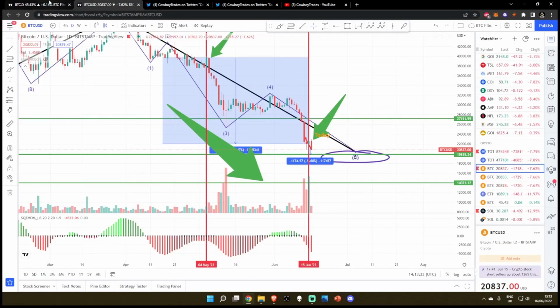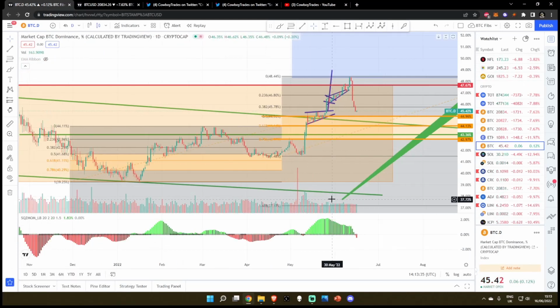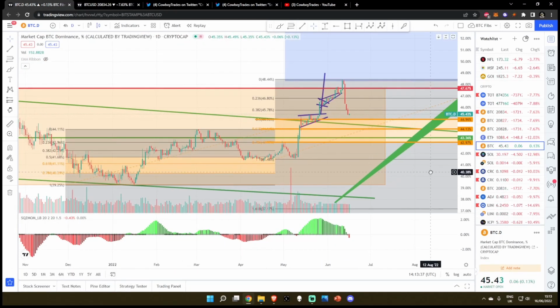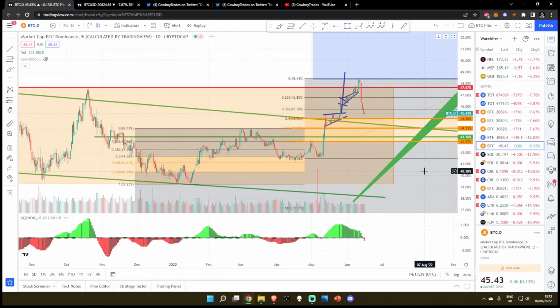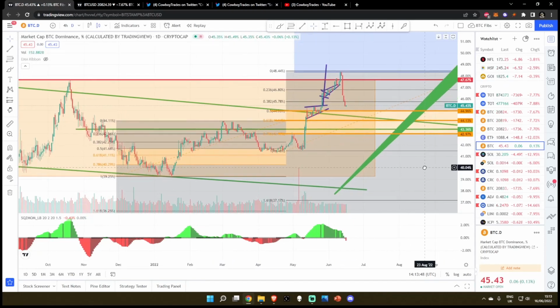Over on BTC, I would also like to show you the Bitcoin dominance is still in extreme strength. Yes, it has had a correction for the past couple of days. It's had many corrections while it's been on this rampage to the upside. You can see this one was even more brutal than what we just saw now. This was just a quick capitulation. Within these previous capitulations from our fib, from our low to the high, we came right back down into this orange box, which constitutes the most important range of Fibonaccis, from the 0.5 Fibonacci to the 0.786, and obviously encompassing the golden pocket, the 0.618 fib between them.